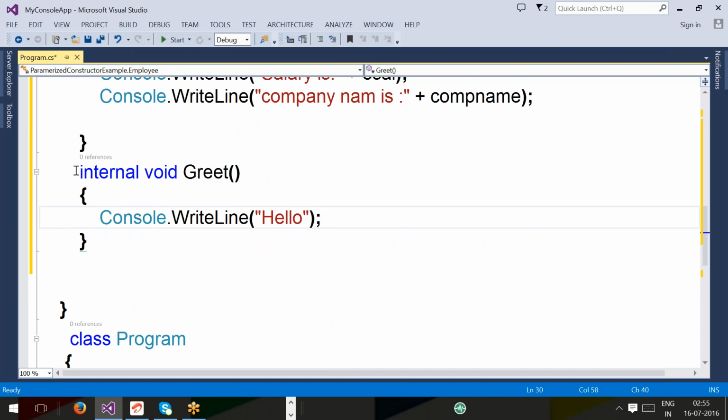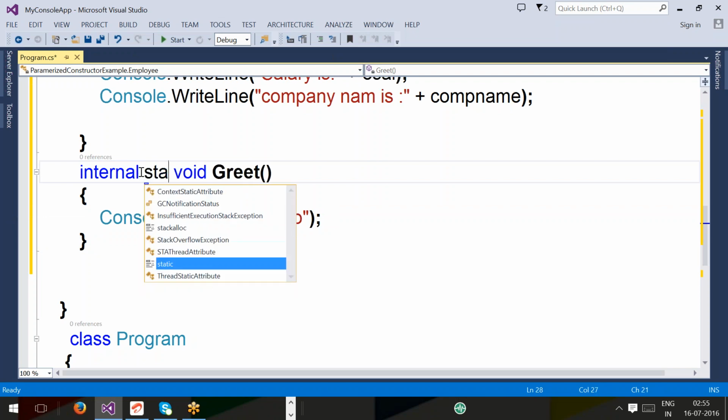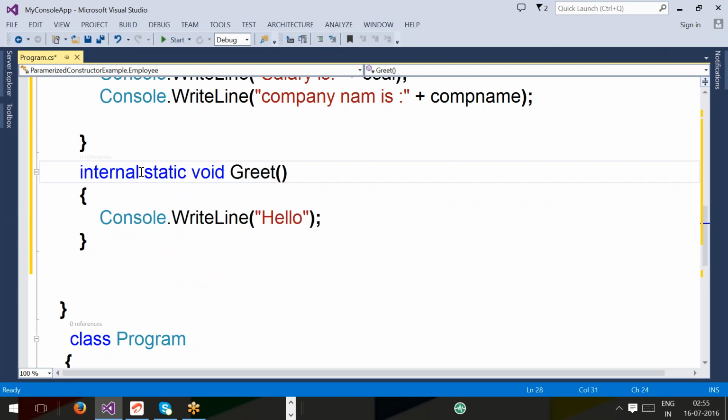If you declare it as an instance method, you need to create an object to access this method unnecessarily. That's why we go with a static method. Is there any variable in this method? No. Even if the method is not accessing any instance variable, or rather, if the method has no variables at all,